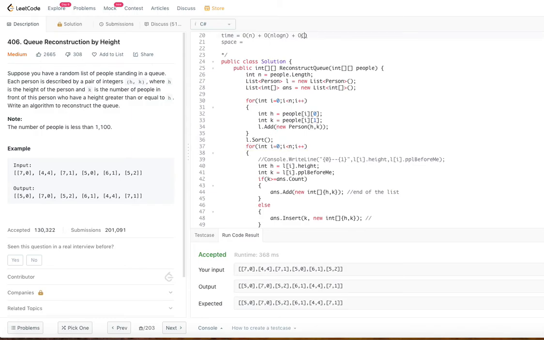So how much time is it going to take? Order of n, right? So the total complexity for this particular algorithm will be order of 2n plus n log n. But when you compare with order of n log n, 2n will be much smaller. So the overall complexity we are going to say is order of n log n, right? N log n is the total complexity for time.